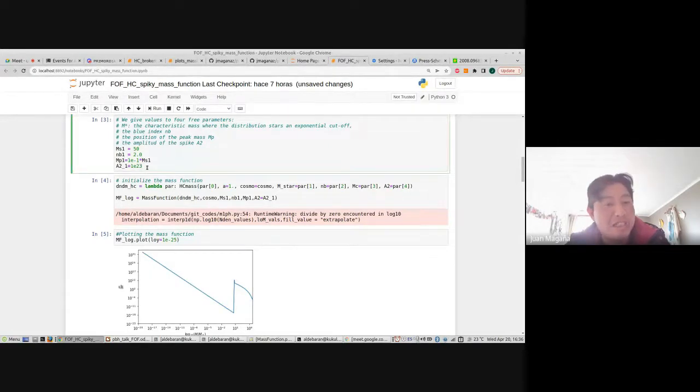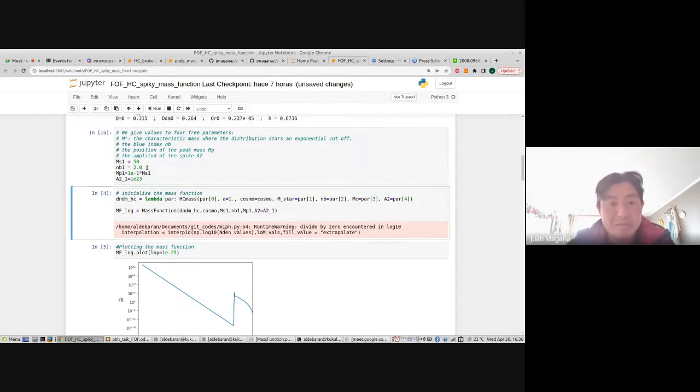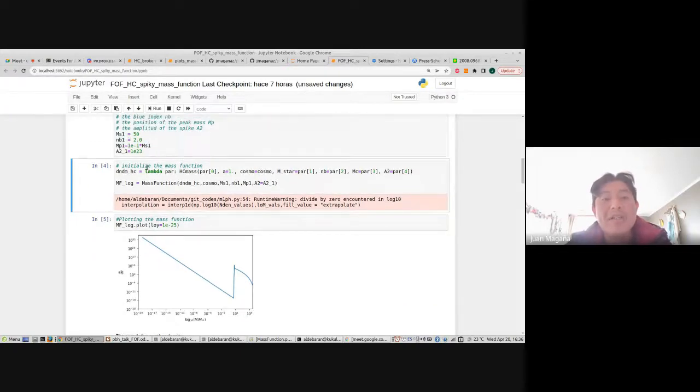This amplitude A2 doesn't have a physical meaning.